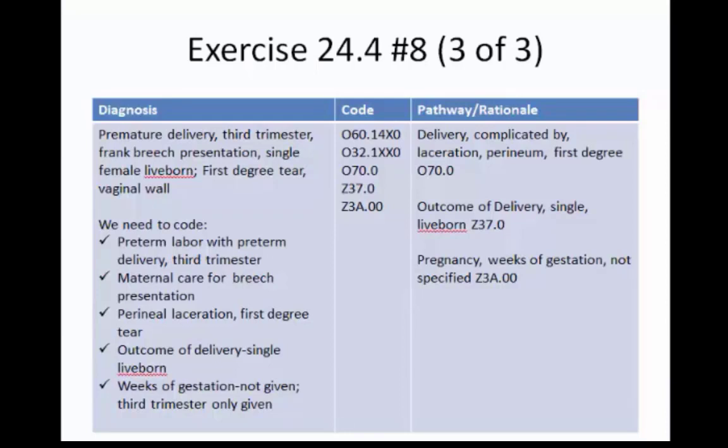Okay, I'm going to stop there, and we will do part 2 to finish our